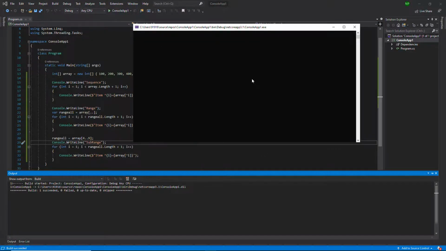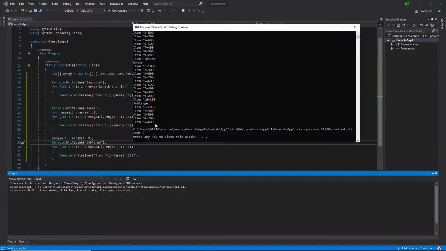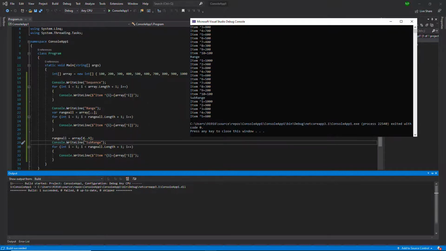As you can see here, values from 1000 to 600 got printed. So you can say it's a range of only 5 numbers.